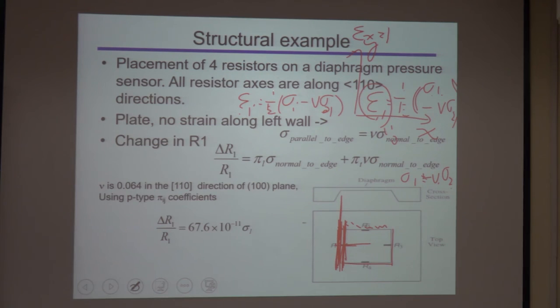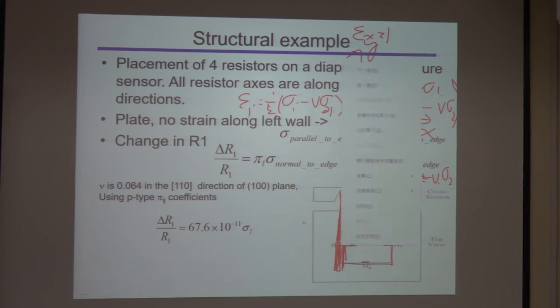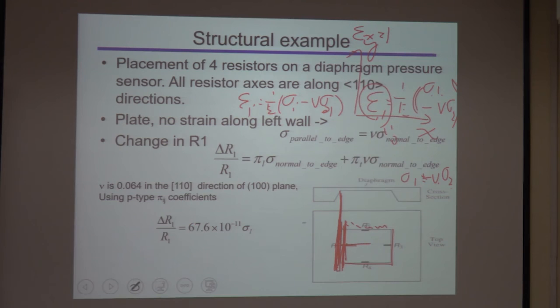But strain in the 1 prime direction equals 1 over E times sigma 1 prime, the stress along this direction, minus nu times the stress perpendicular to this direction. Because epsilon 1 prime is 0, we can say sigma 1 prime equals nu sigma 1. So now let's come back to delta R1